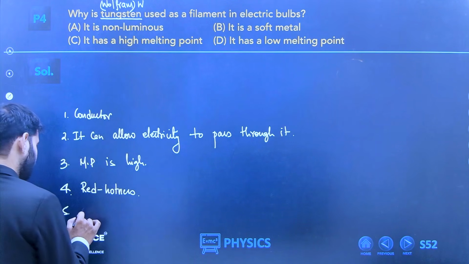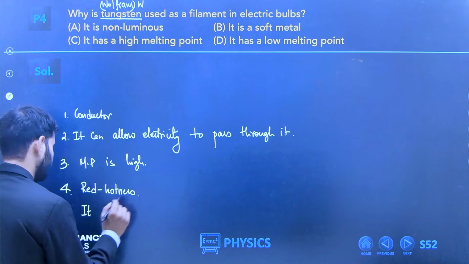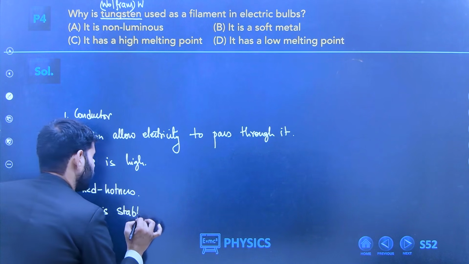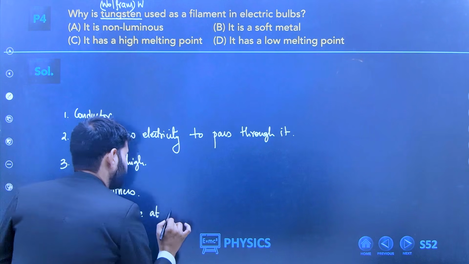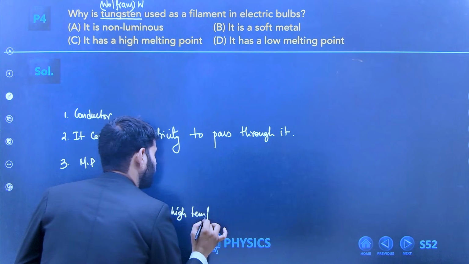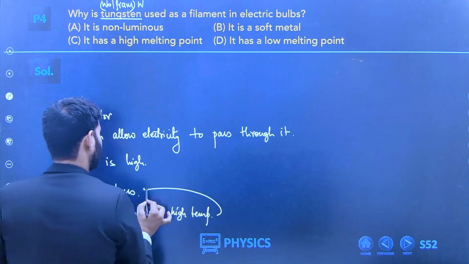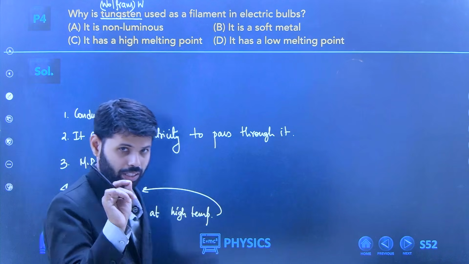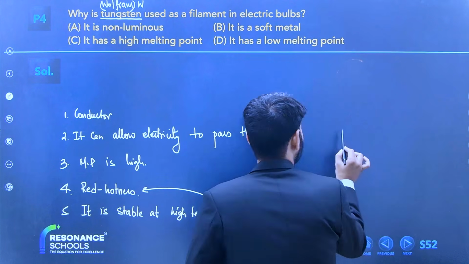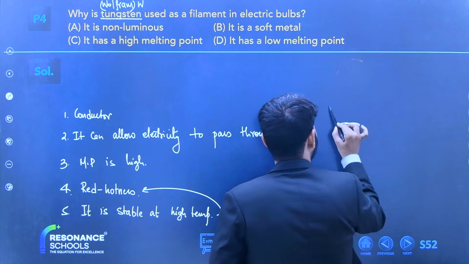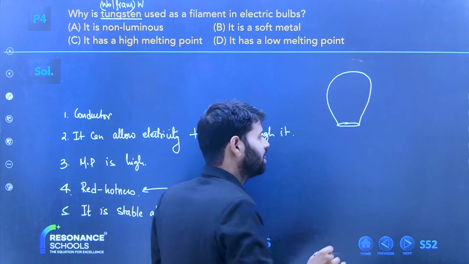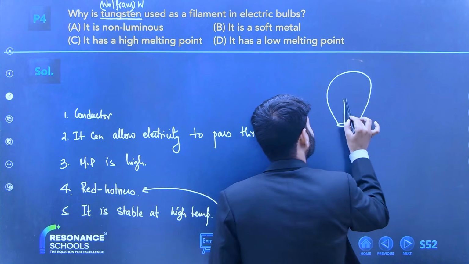And one more thing is there. It is stable at high temperature. So what happens at high temperature? It becomes red and hot. At high temperature, see what happens. See, let me draw the bulb. Okay, have you guys seen a bulb? Bulb is something like this. There's a filament actually,